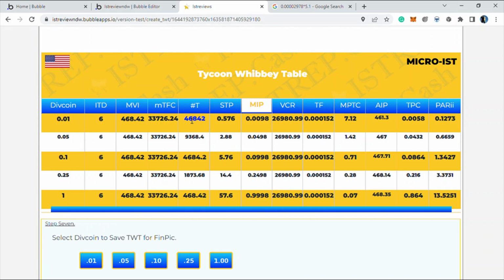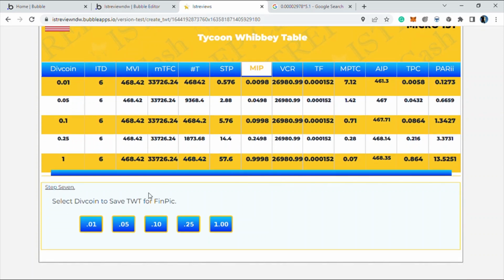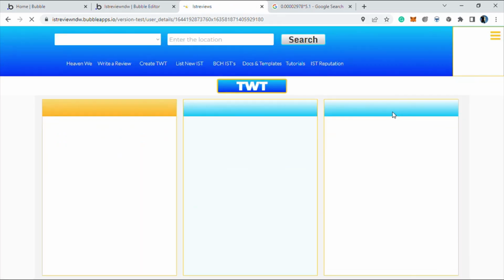Please excuse me. So we will use the penny for this particular IST because it allows me to have 4,068 tokens, and I love lots and lots of tokens because it brings the price down. I'd rather pay 57 cents and make 12 cents. Who's thinking about that? So we're going to go ahead and press the penny, and we're going to let all the magic in the back happen and wait till it takes us to our next page, which will allow us to view our singular selected